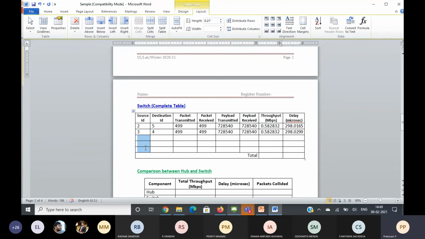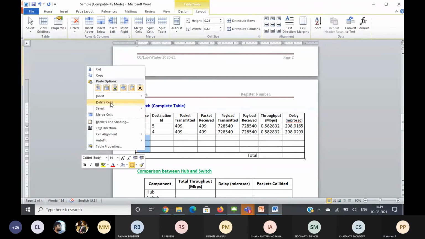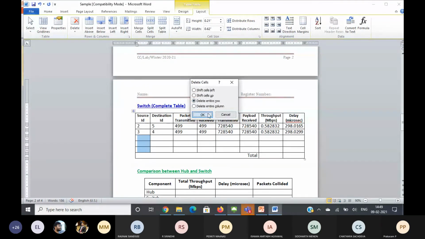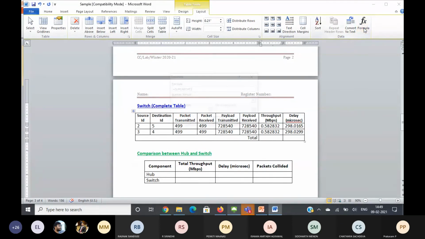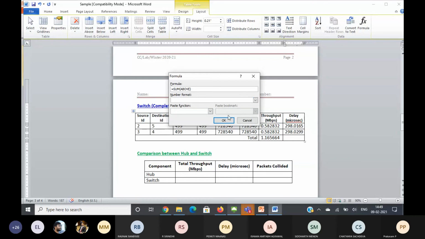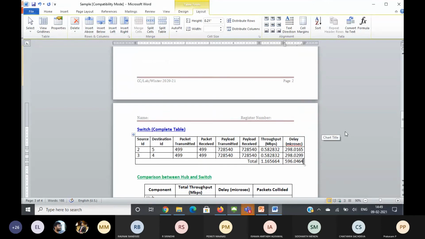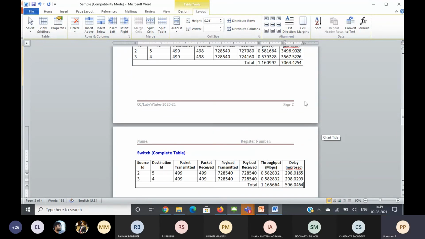The same thing for a switch. If you are using the hub, total throughput is 1.160992. If I'm using the switch, throughput is 1.165664. So switch throughput is higher than the hub.